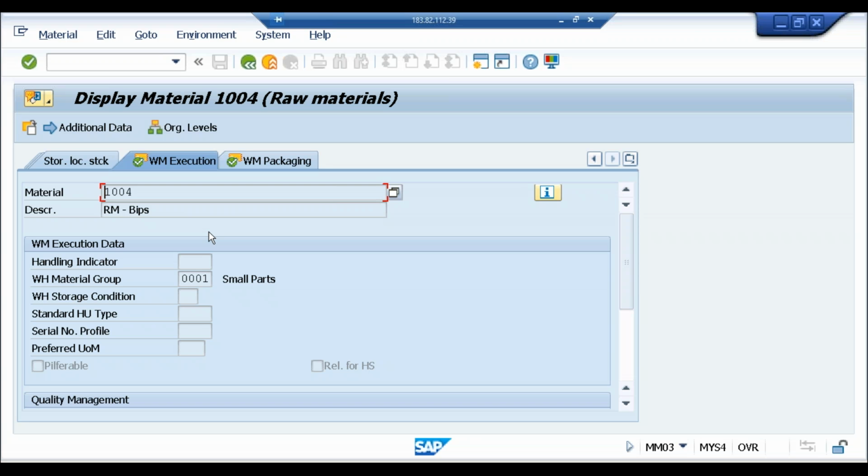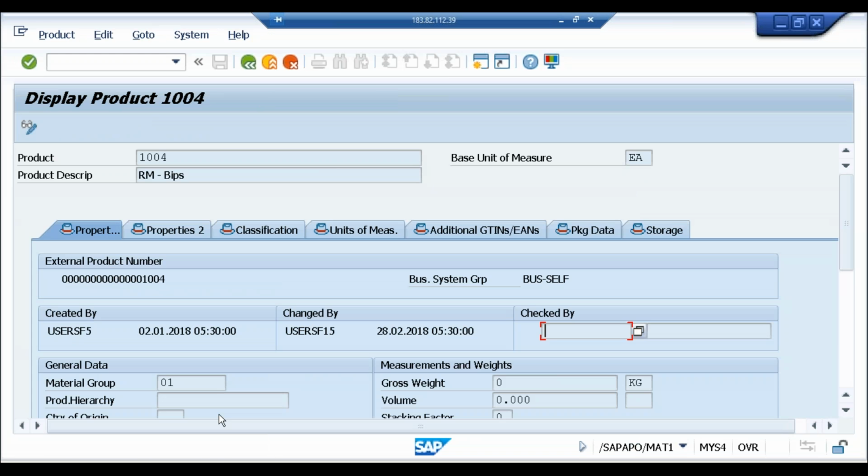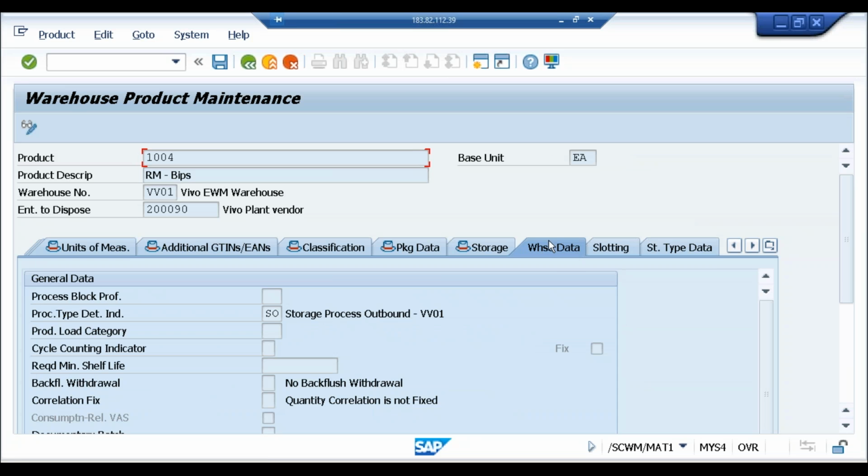So there is a lot of work that needs to be done there, and multiple teams are maintained. Here, one team is enough. One team will be doing all this job. Once they have created it here, there is nothing to do, and it automatically flows here. Once it has flown here, you can directly create the warehouse maintenance,